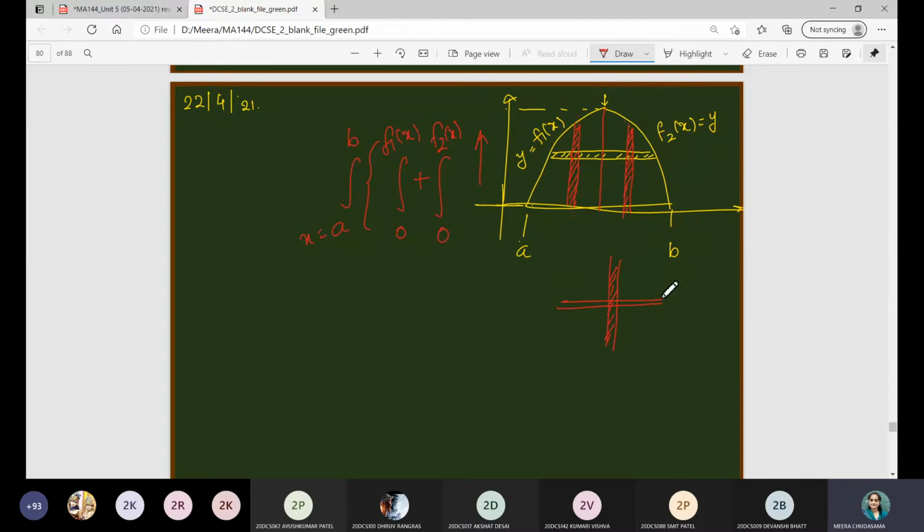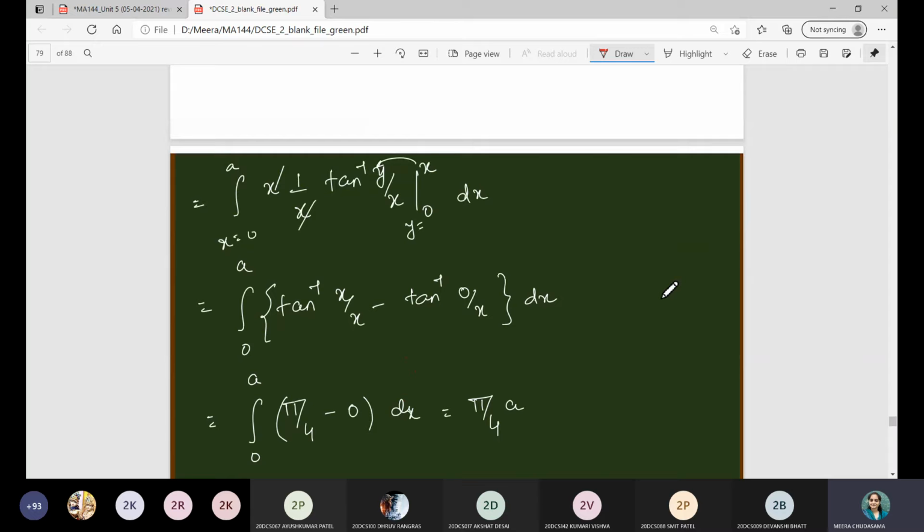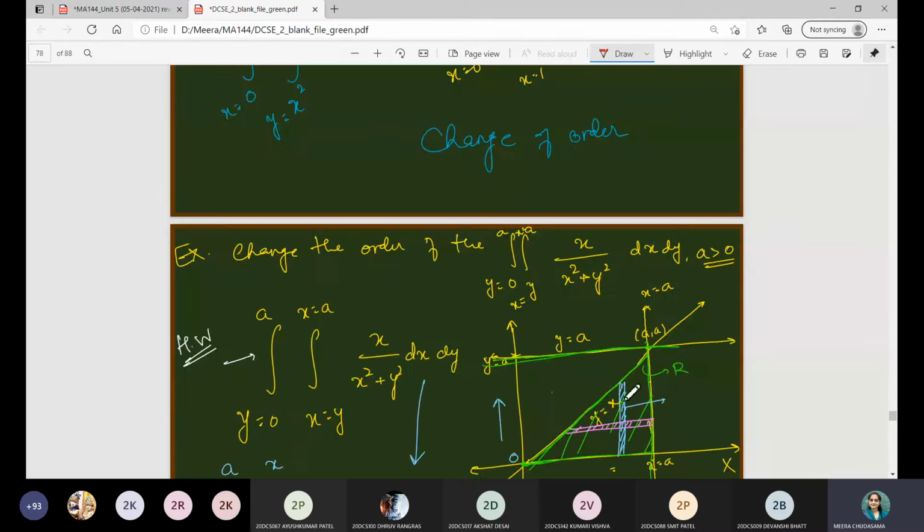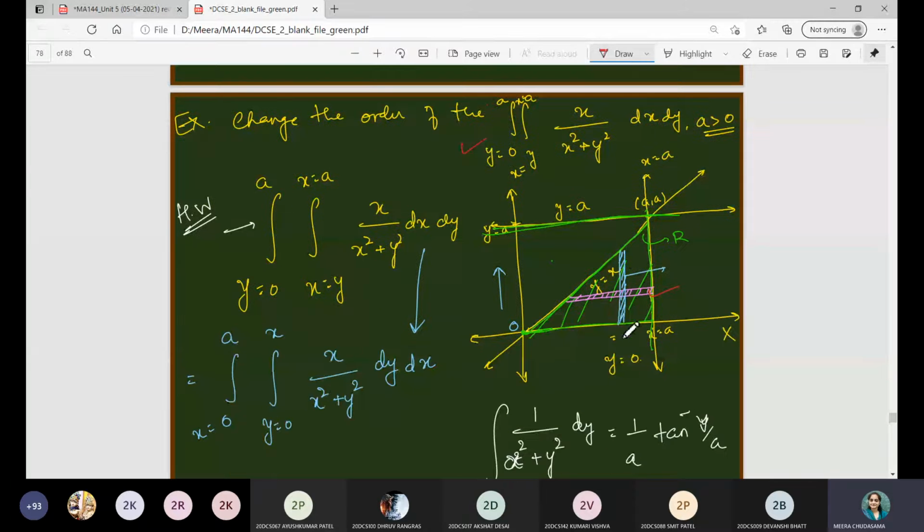So let us see, we have seen this example in the previous class if you remember, right? In the original strip you can see that the value of y is constant. That means this is the original strip, purple in color, and then we changed the order by considering the strip perpendicular to the original strip, which is blue in color. Then we decided the limits. This is perpendicular to the x-axis, therefore the x limit will be constant, and so you can see we have changed the order from this integral to this integral, right? That is the example we saw in the last class.